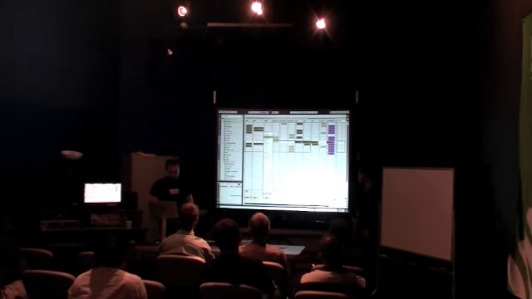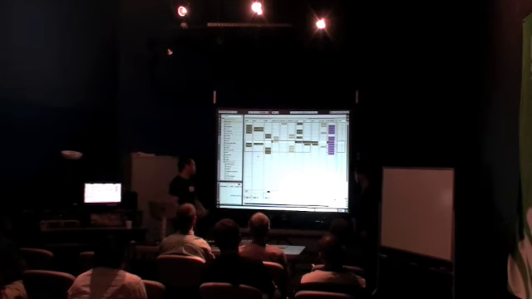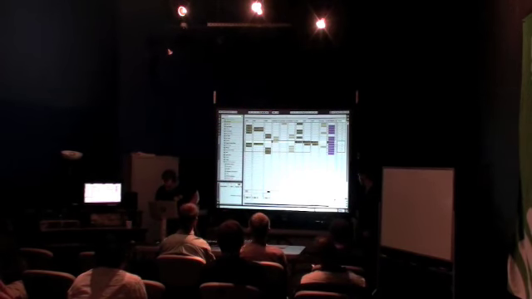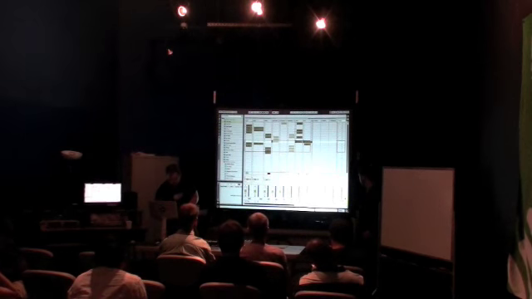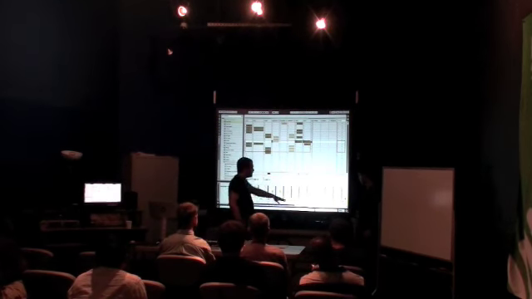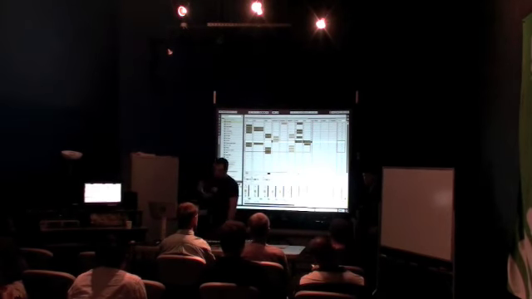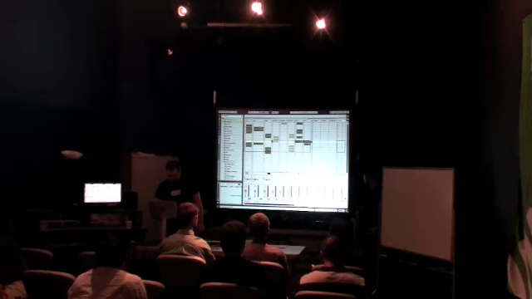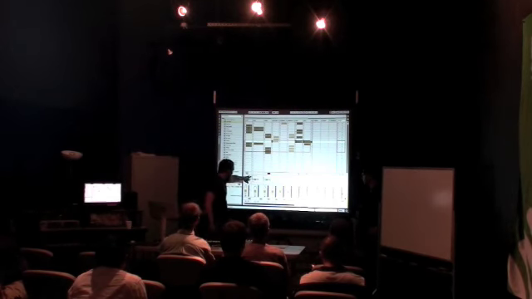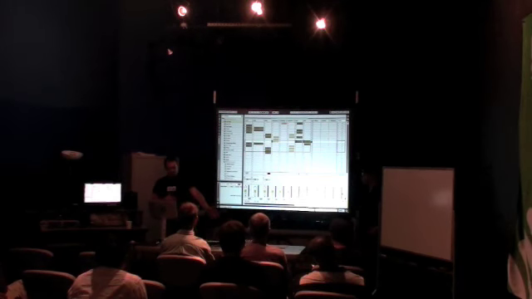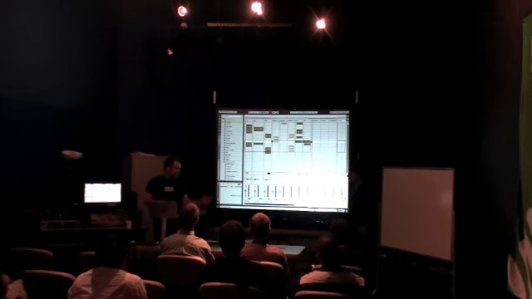So really cool stuff. We'll talk about resampling in a little bit. Basically, resampling is going to record internally whatever output is happening at the master output bus. So that being said, the master output bus is this on the far right. Basically, whatever is going on here is what is coming out of your speakers and you're listening to. So that's really good to know. And if you have resampling chosen here, that is going to set this track up to listen to whatever is happening at the master output bus. So there's all kinds of situations where you might want to do that. We'll talk about that once we start talking about